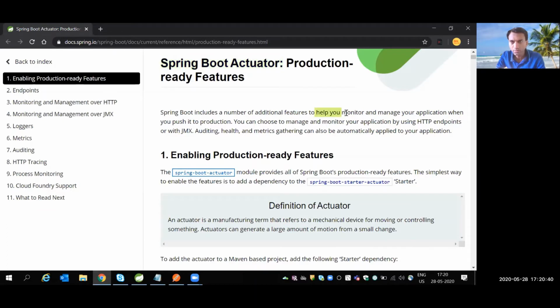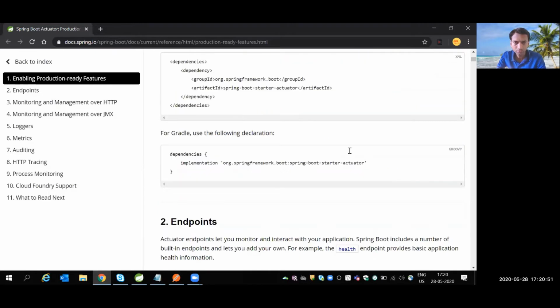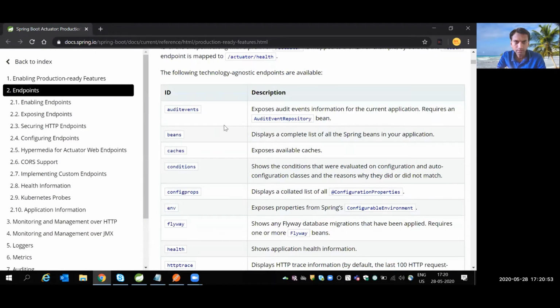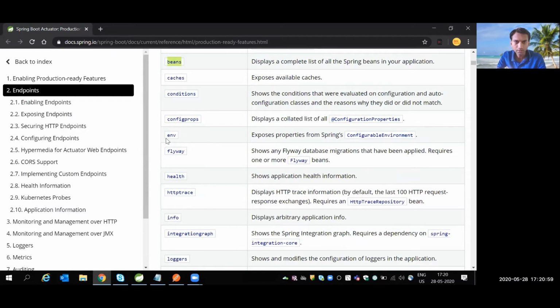It helps you monitor and manage your application when you push it to production. When you deploy your applications, you can monitor all these things. Something like, how many beans are there in your project? What is the environment used for this project?